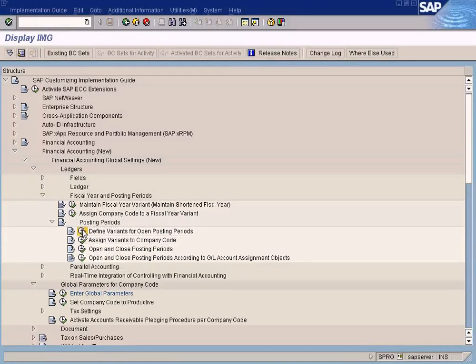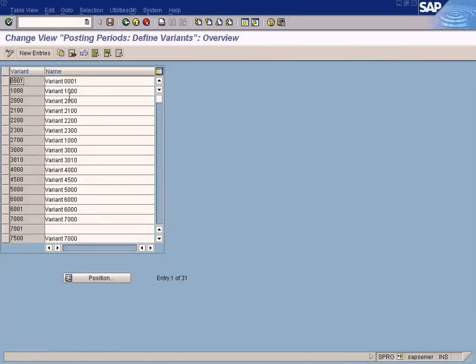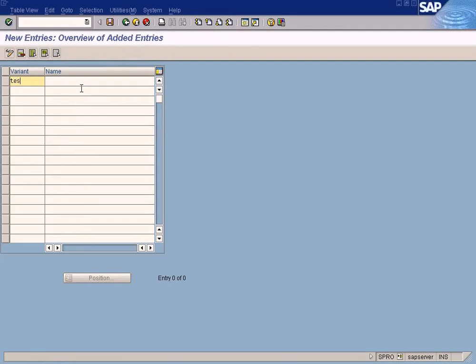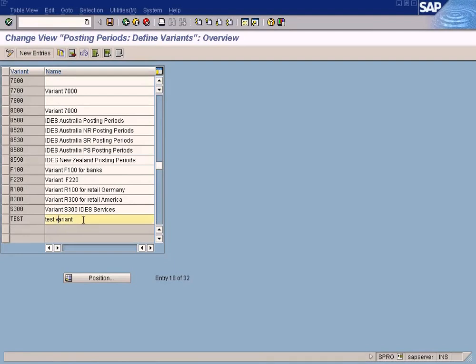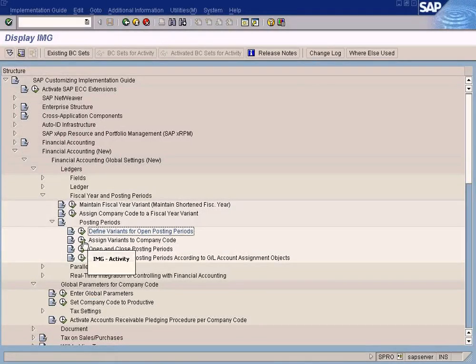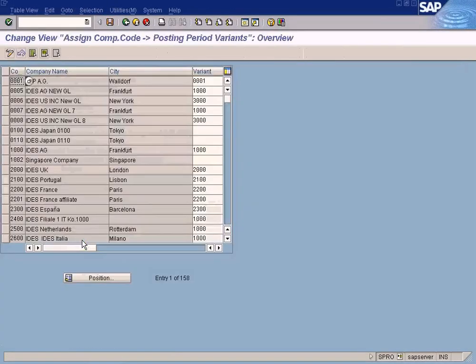Now let us define it first. 1000, new entries, test variant, save it. We have already got a variant here, nothing much to specify.